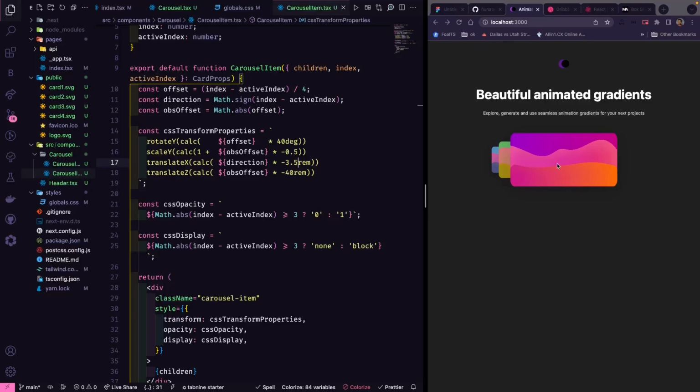I will leave it just like this. So now we can start working on the